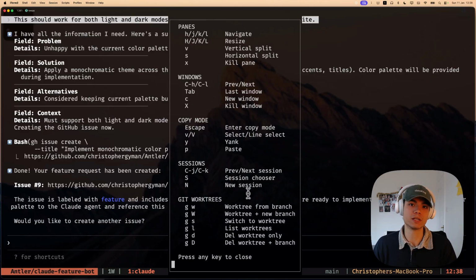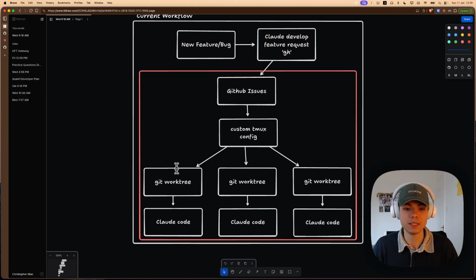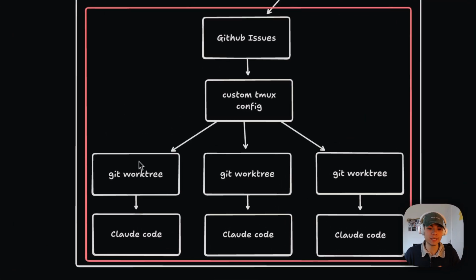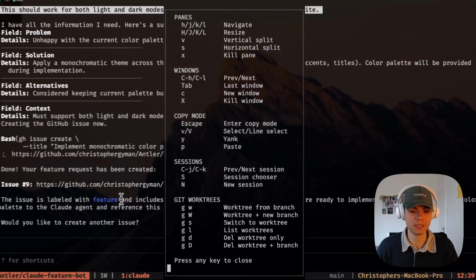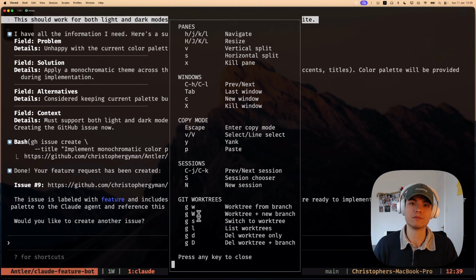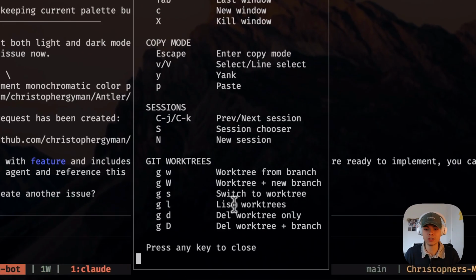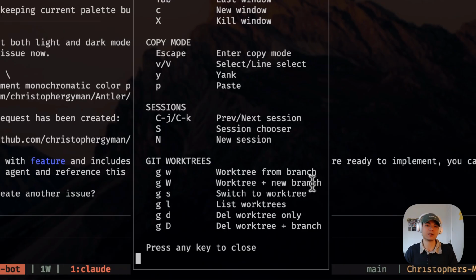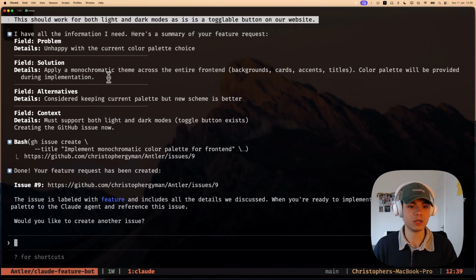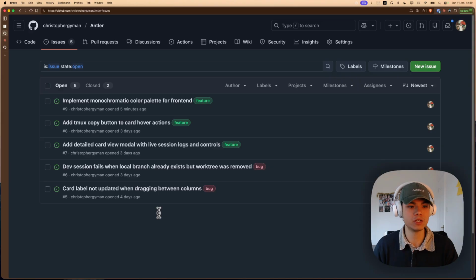A lot of engineers would write this manually in the terminal or have their own configuration set up. And what we're going to do is for every issue that we have on the GitHub page, we're going to create a unique Git work tree for each of them, which have their own claude-code instances ready. So let me show you this. So I'm going to tab back over, and you can see from how I've set up my personal tmux configuration, we're going to create a new work tree from a new branch because we haven't created a branch for those issues yet. So if we jump back over to the issues page, I want to make all unique Git work tree